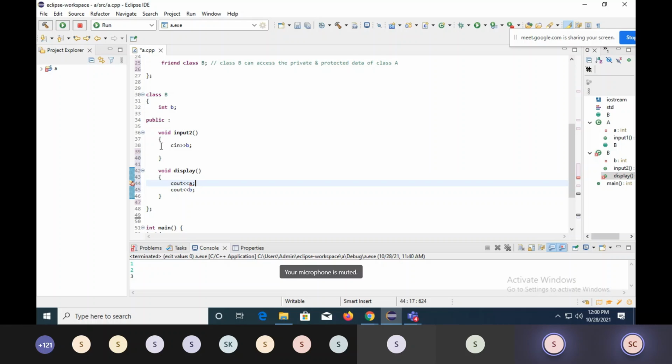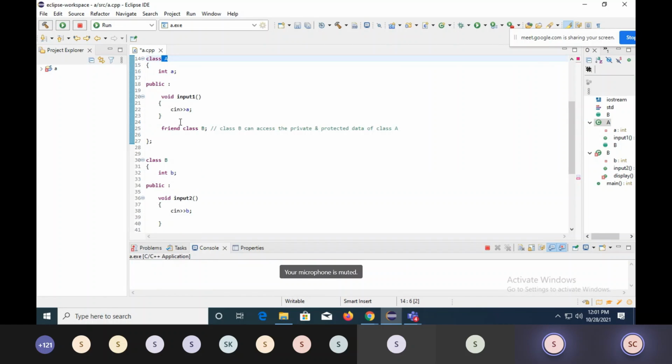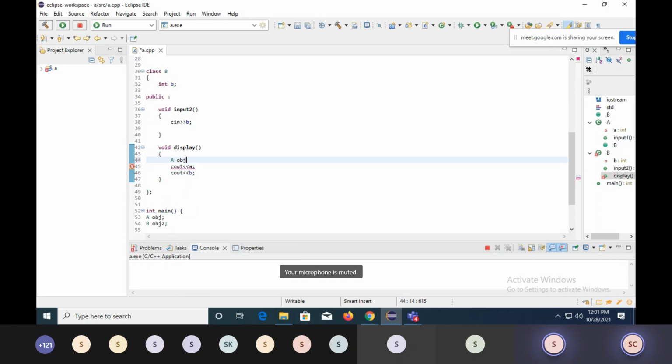So what you can do? You have to create an object of a class where you have declared this class as a friend one. So which was that class? Class A. So here I will simply write down A obj. Fine. And then I will be accessing it with obj dot. Once you press dot, you will get that variable here. Fine. Let's try to execute it now.